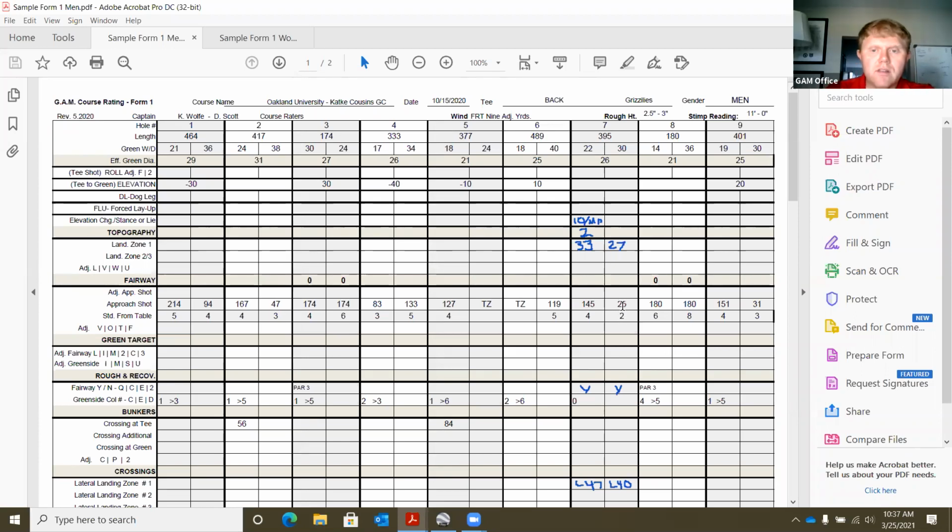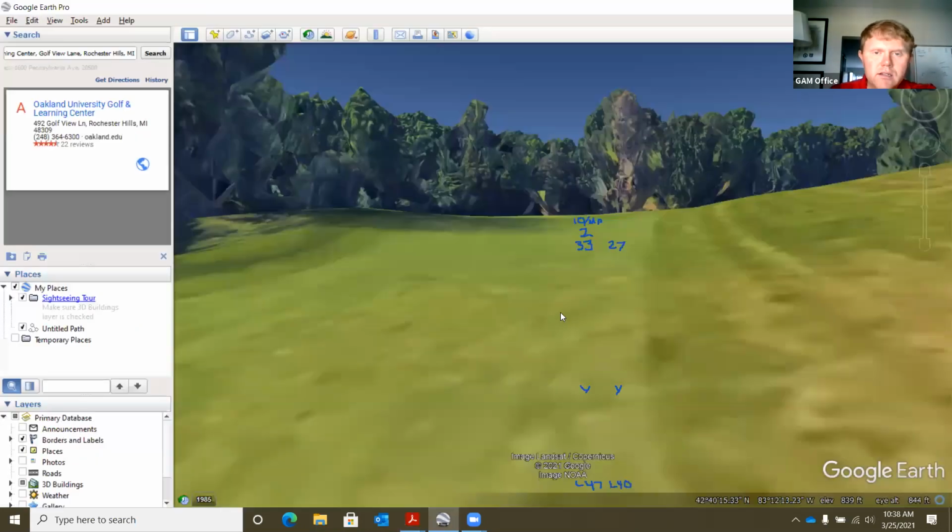45 yards from the middle of the green because our rollout is assumed to be at an average of 20 yards. So when we go back to look at our hole, we're probably right about where 45 yards is at, and you can see there's some uphill nature here that's going to prevent the ball from rolling normal distance. In this case, the hill is somewhat severe, so we're going to have a roll adjustment here. But when we do roll for a non-tee shot, if you go to your roll chart,